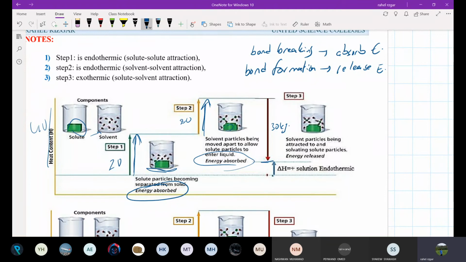But the solution has absorbed 40 kilojoules of energy. In total, when we collect them all together, is more energy released or absorbed? Of course, more energy is absorbed. We call this change between the initial point where it has started and where it has left. So it has absorbed 20, 20, 40, but it has only released 30 kilojoules of those 40